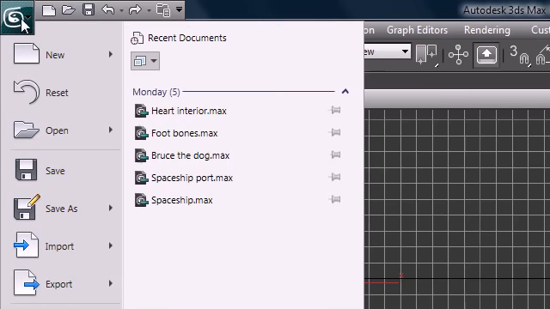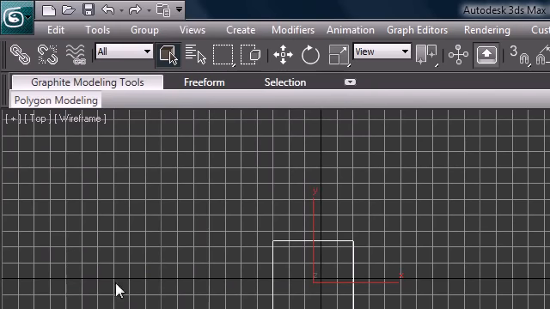So anytime you would usually use file, it's under this application button. Now let's begin learning what these most common toolbar items mean. The most common ones that we're going to be working with is probably select object, and this, say you have